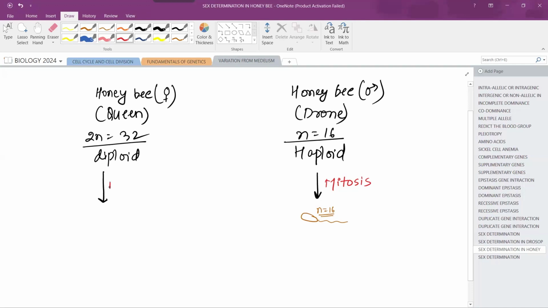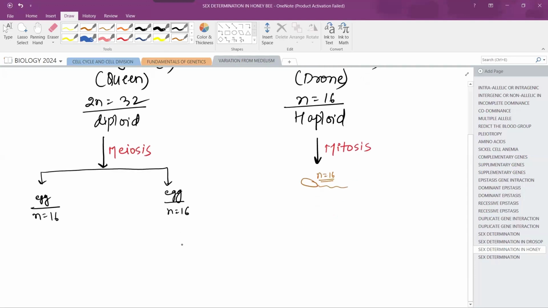Meiosis. Yes, this one will be produced by the process of meiosis. So this one is going to produce the gamete, that is ova, egg, haploid, n is equal to 16. If this egg is not fertilized,